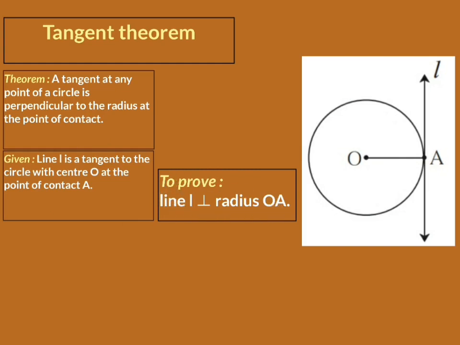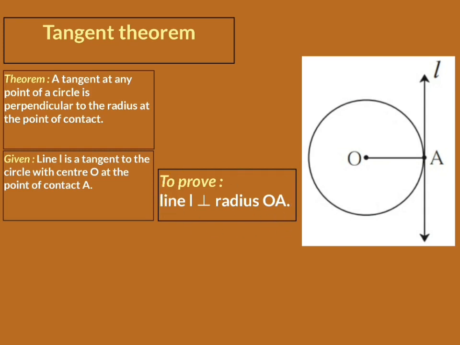But in indirect method, we have to assume to prove is wrong. Means we have to start this process by using a false statement and we have to go ahead by using that false statement. Then at certain stage we'll get one big false statement which will be a contradiction, which will not be true at any cost. And we have arrived up to that big false statement because of our first false statement. Hence our first false statement is false. Hence that is correct. Means to prove is correct.